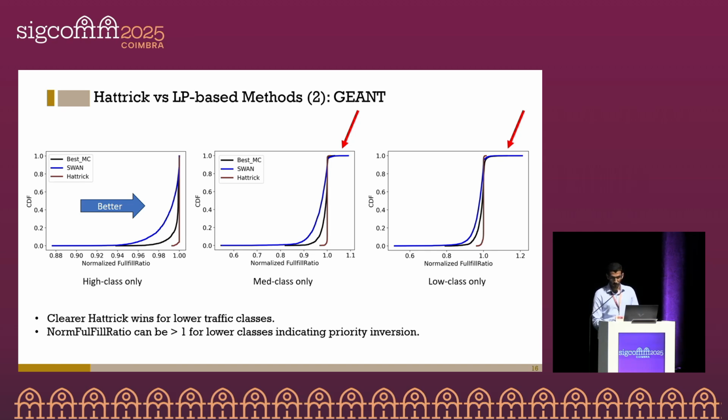priority inversion, which means the system has served more of a less important traffic at the expense of a more important traffic. And there is a concrete example about how this can happen in our paper, so please refer to it if you are interested to know more.